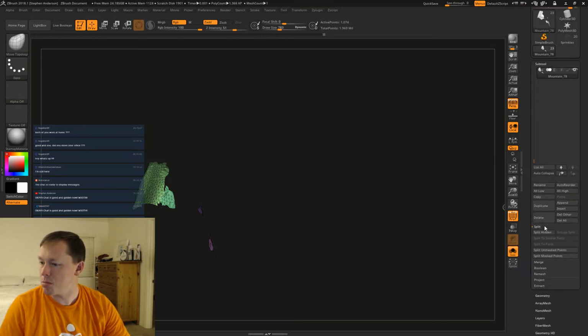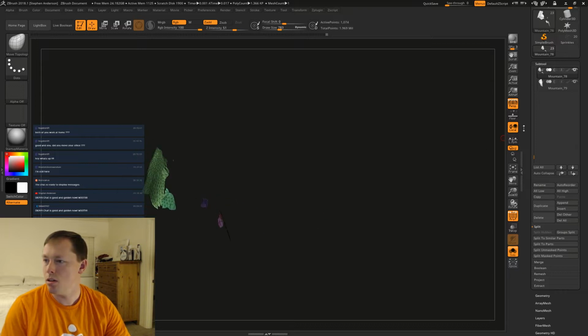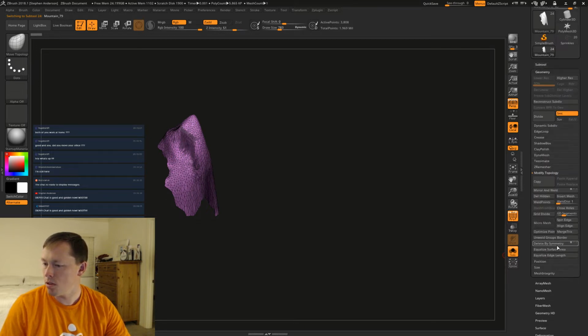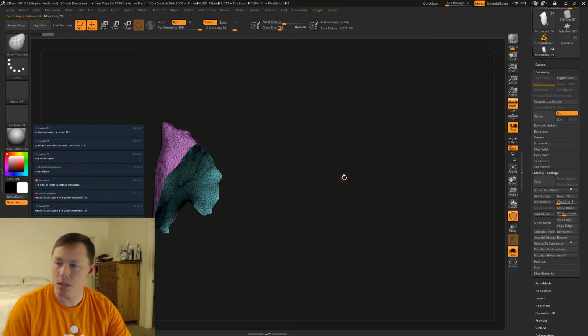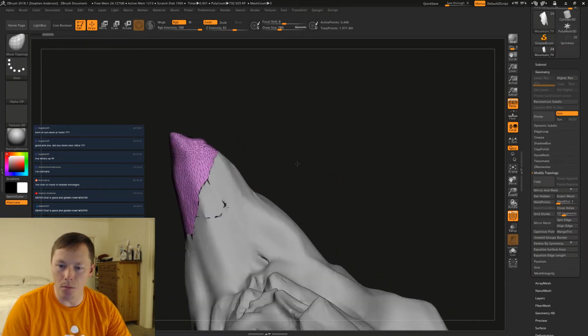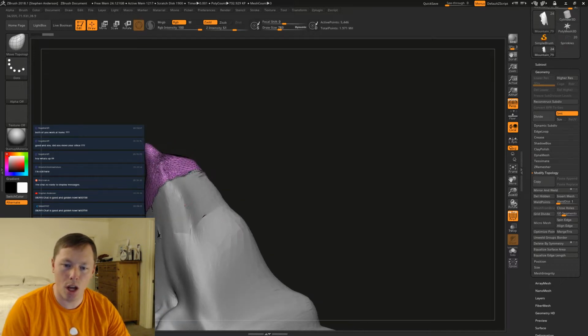Say split hidden. Okay, so I can take this, and actually let's move it up one. Close holes. Okay, so now we've got this piece that's good-ish to go.